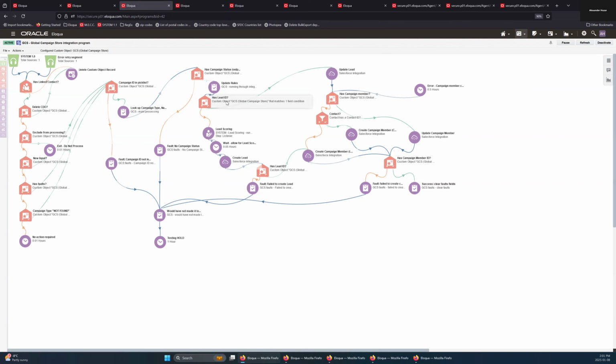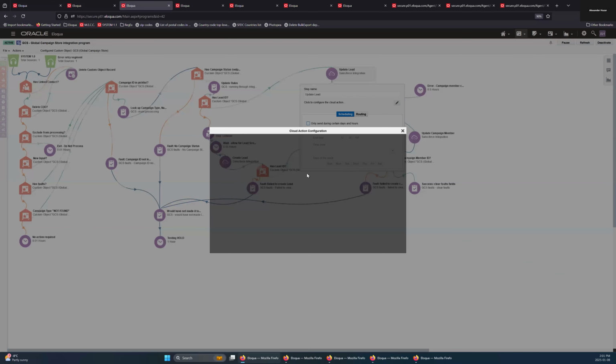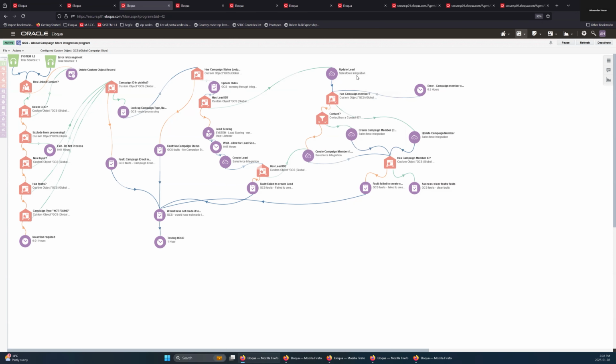Next one is has lead ID. So if the CDO, not the contact, if the CDO has a lead ID already, we want to update the lead. I can't see the field mappings here, but this is updating from the linked contact record's fields onto the lead. And then we're saying it has campaign member. If they have a campaign member, we're updating the same campaign member. If not, then